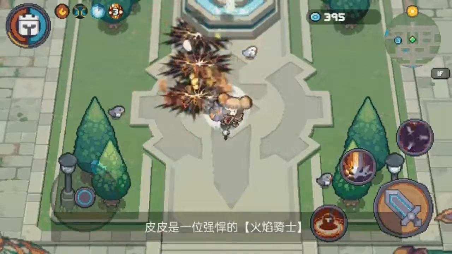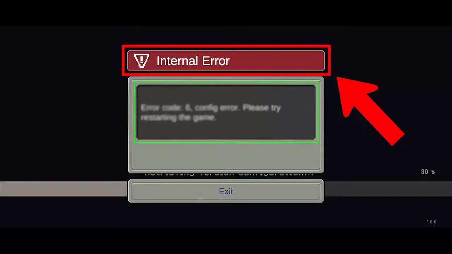Welcome back, guys. Did you get stuck on an internal error in the Soul Knight Prequel game? Well, many users have been reporting the error and looking for fixes. Don't worry, in this video, I will show you some of the best ways to fix the internal error in Soul Knight